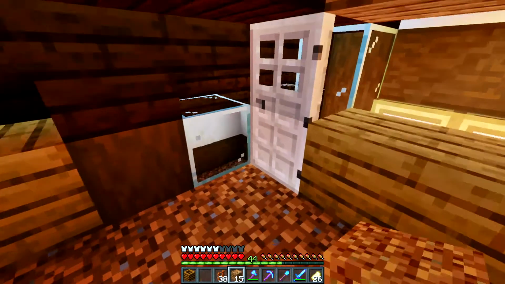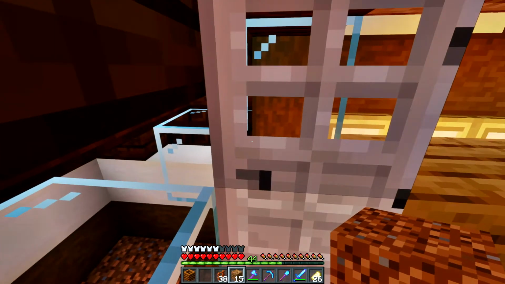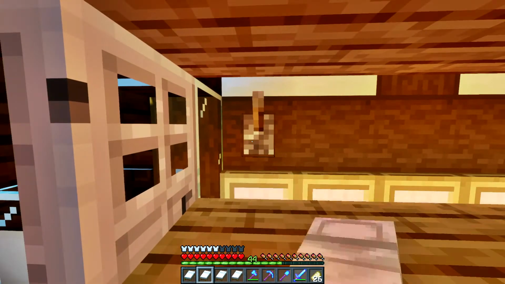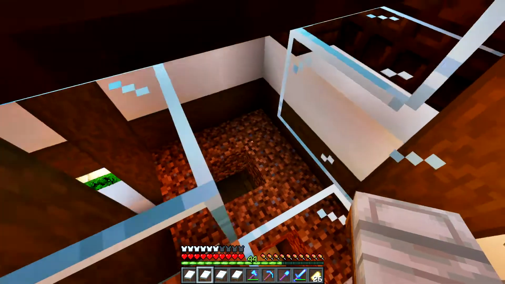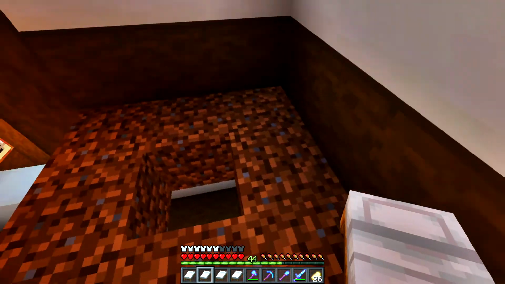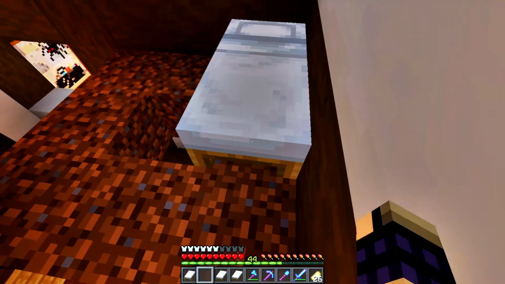Oh, almost. Almost. I switched off the door. Door's open, and I also put in this one for the trapdoor, so that should work. Now, let's see if we can get down here. Lovely. We want to put the beds in a circle here, and you need to place them in a way